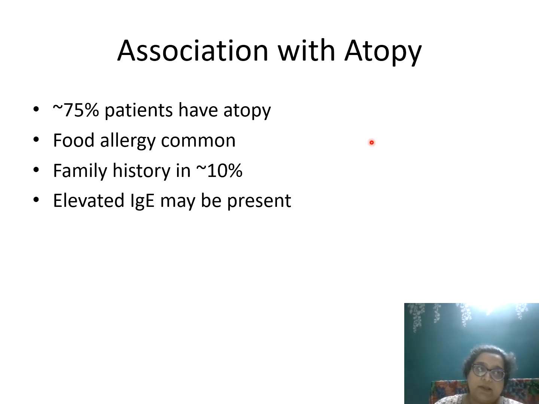Atopy. So atopy is idiopathic or unknown allergies which occur in you and you cannot trace it to your family. You cannot establish a cause, and that is what atopy is. 75% of us are suffering from atopy with this kind of weather, the pollution levels, the things that we are consuming. Atopy is very common. Food allergy is very common. Family history is not there in all the cases. Maybe some of them will show. And of course, if you investigate, you'll get elevated IgE levels.